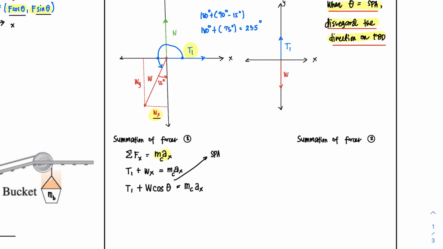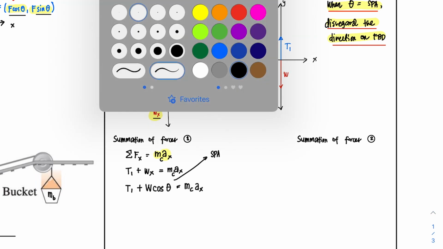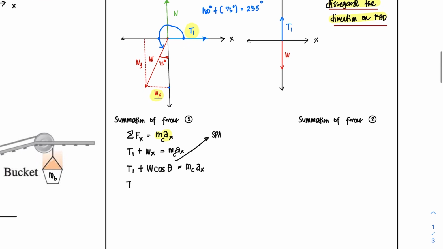Is it correct? 255. So we have 180 plus 90 should be 270. It means at this point 270 degrees. So if you have 255, you add 15. Okay, that's right, 255 degrees. So that means your theta over here will be 255. So you have T1 plus W cosine of 255 degrees is equal to